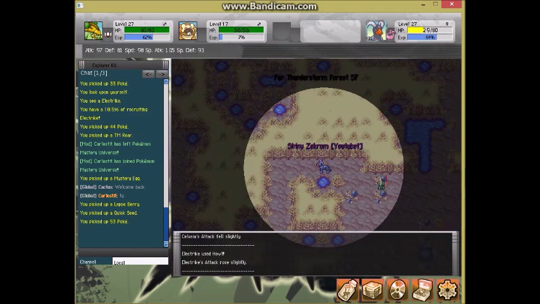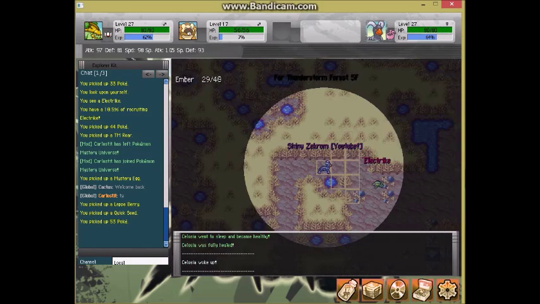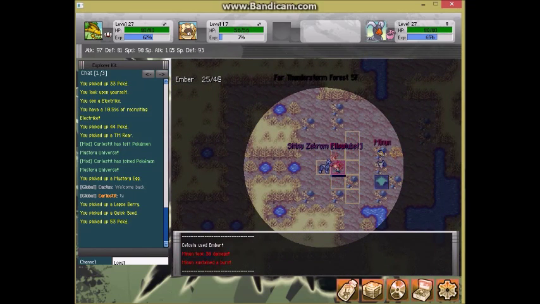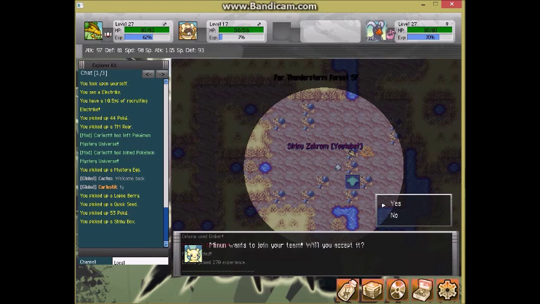And another visible one. We should try it, because we couldn't find one in Thunderstorm Forest, and they aren't that uncommon, which is why I'm kind of surprised we never found one. And then we get a box. This might...